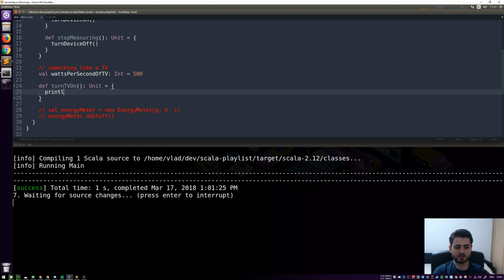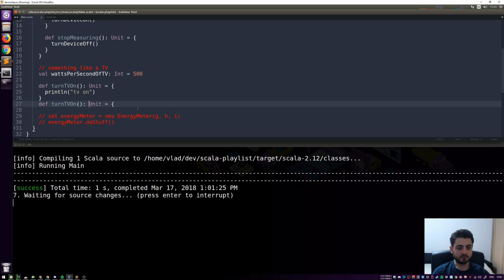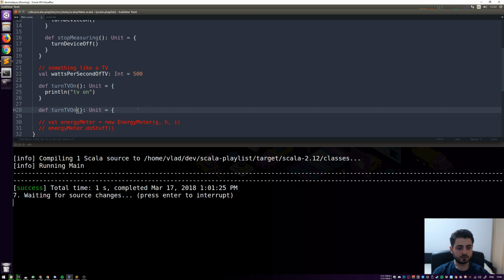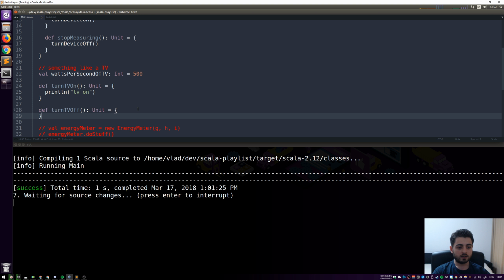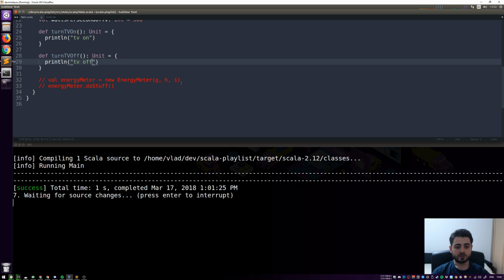So as of right now, we're just gonna say, okay, TV is on. But in reality, if this was a real production application, this code would actually turn some TV on. Okay, so we have TV on, and we're also gonna have TV off. Turn TV off, which just prints out TV off. Okay, and now in order to construct the energy meter,